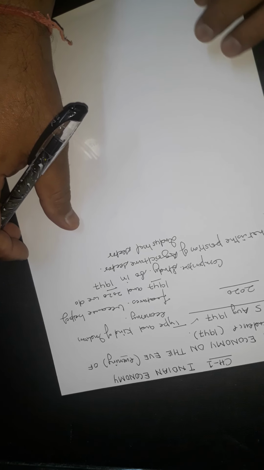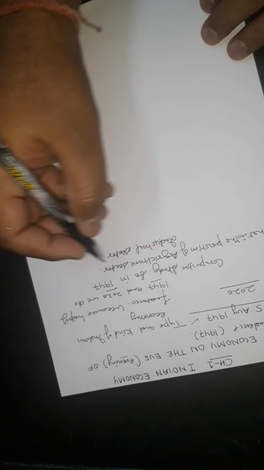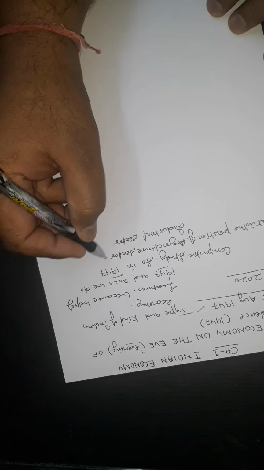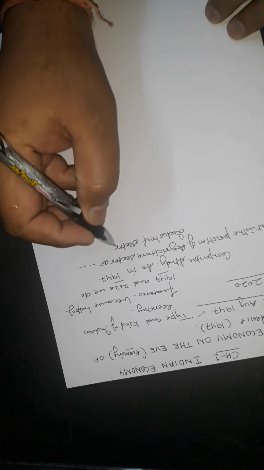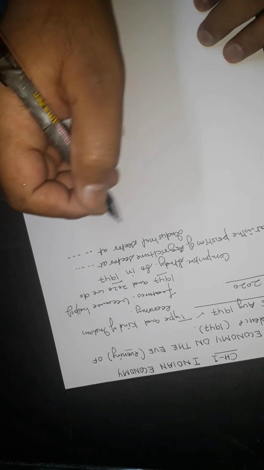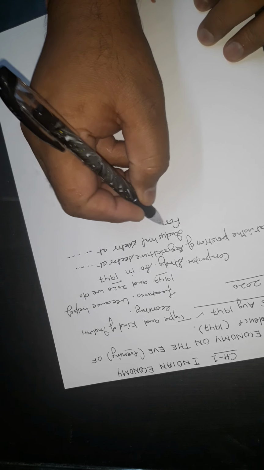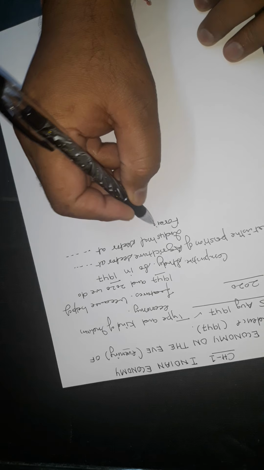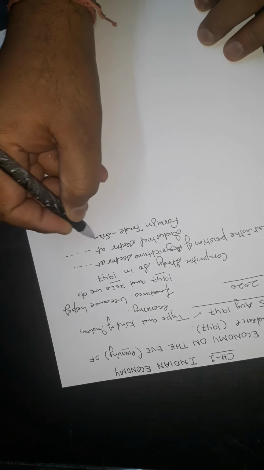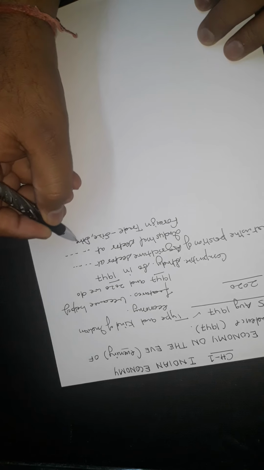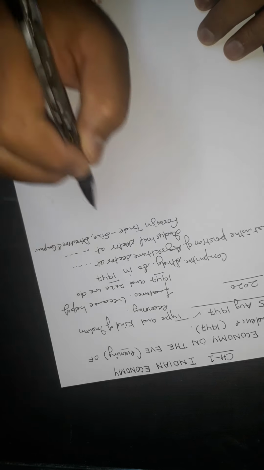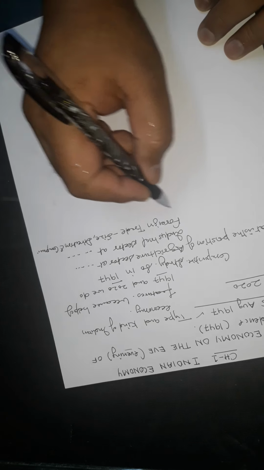One by one we discuss the position of the agriculture sector at the time of independence, the industrial sector at the time of independence, and what kind of foreign trade there was. In foreign trade we discuss the size, direction and composition of foreign trade at the time of independence. Then